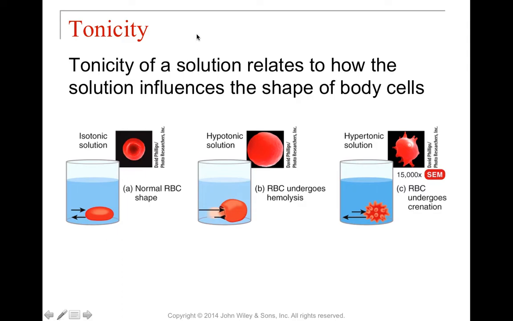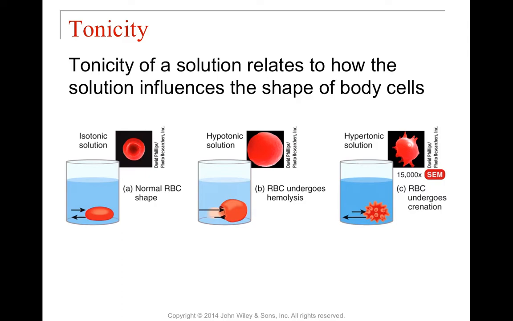And this happens if we are in what's called hypotonic solution. That means we have a higher concentration of water on the outside than on the inside, and it's just going to flow right on in. Now, if we are in what's called hypertonic solution, that means we have a higher concentration of water on the inside of the cell than on the outside of the cell. We're trying to reach equilibrium, so we're going to have more water coming out than water going in. Then we're going to undergo what's called crenation,